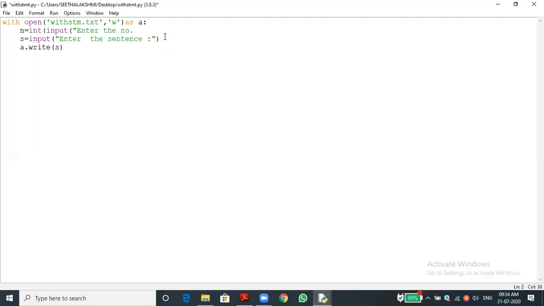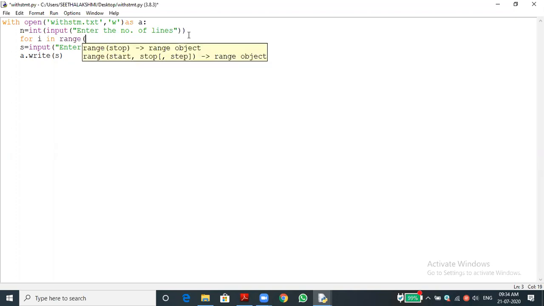Sir, the same I have done, sir, in the homework program, in the last program for getting multiple lines. But it is showing an error like it is expected as 1, but you have given 3 or 4. Okay, I will type it. Let me see it. Whether any error, I will rectify it. Then I also want to know what you people are facing. For i in range, so n I'm just giving.